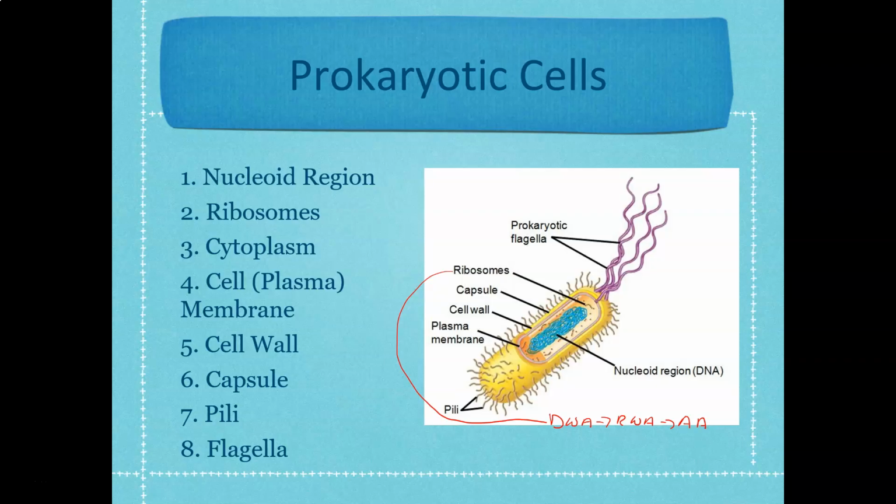It's the layer next to your cytoplasm for all intents and purposes. Prokaryotic cells also have a cell wall, which will be right outside of that. Cell membrane is going to be really what drives what can go in and what can go out. We'll talk when we get to cell transport about the idea of your cell membrane being semi-permeable. It lets some things come in and keeps others out. Your cell wall sits outside of that, and that cell wall is really just there to be some extra layers